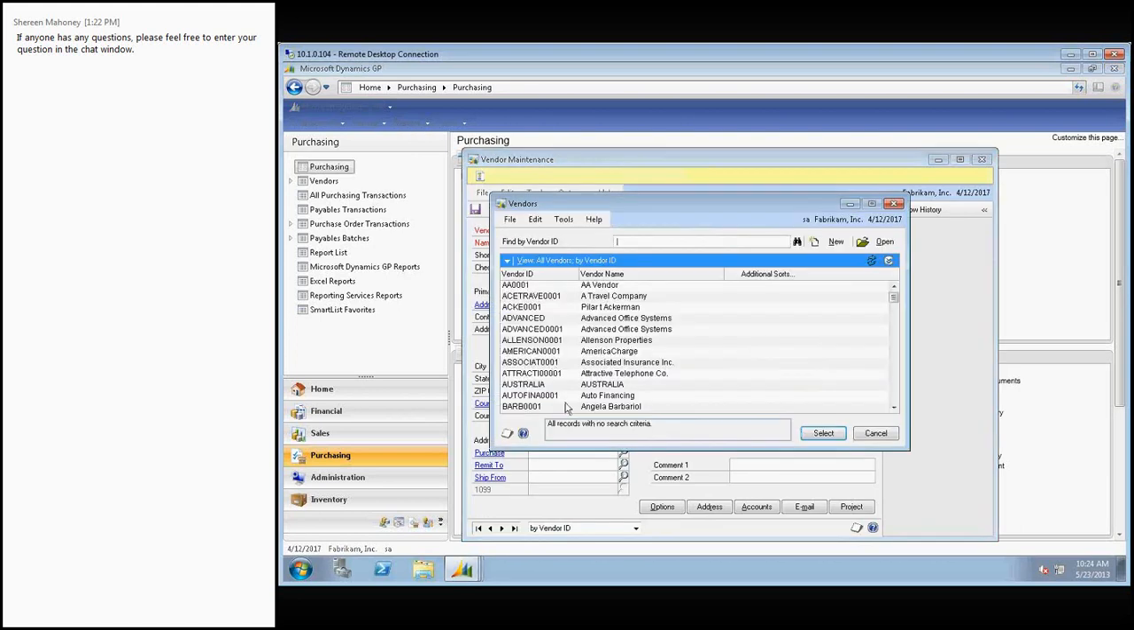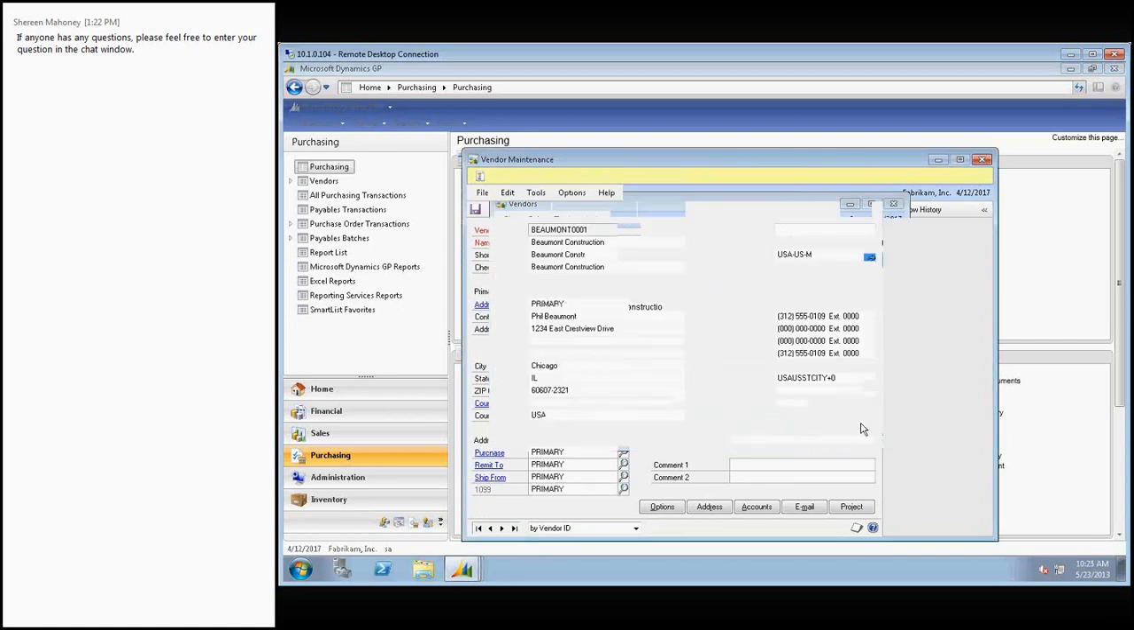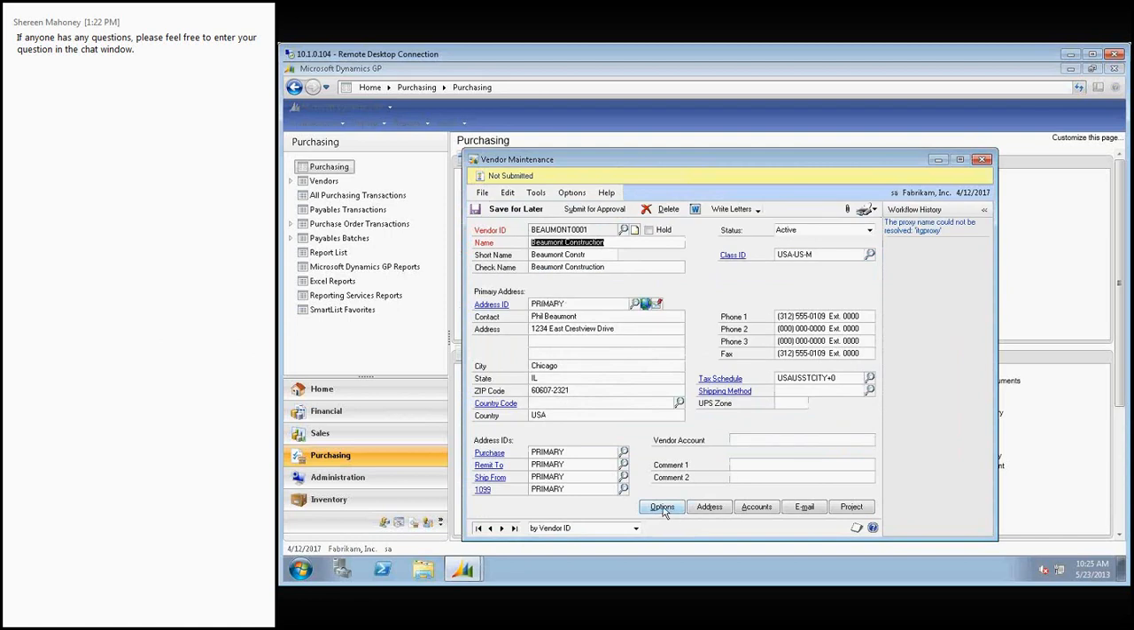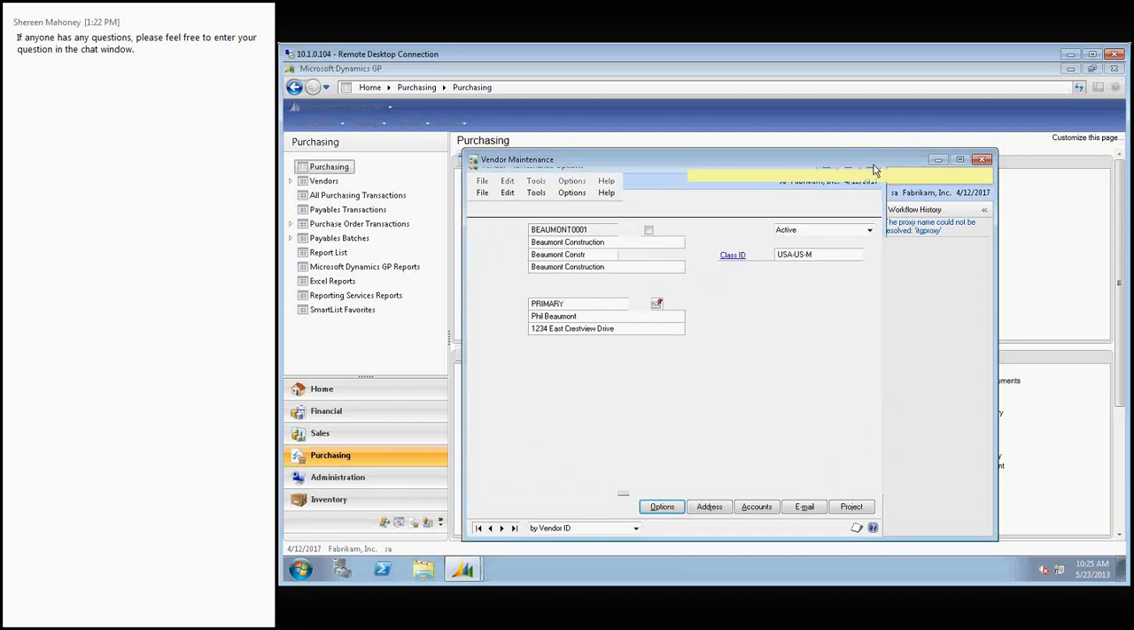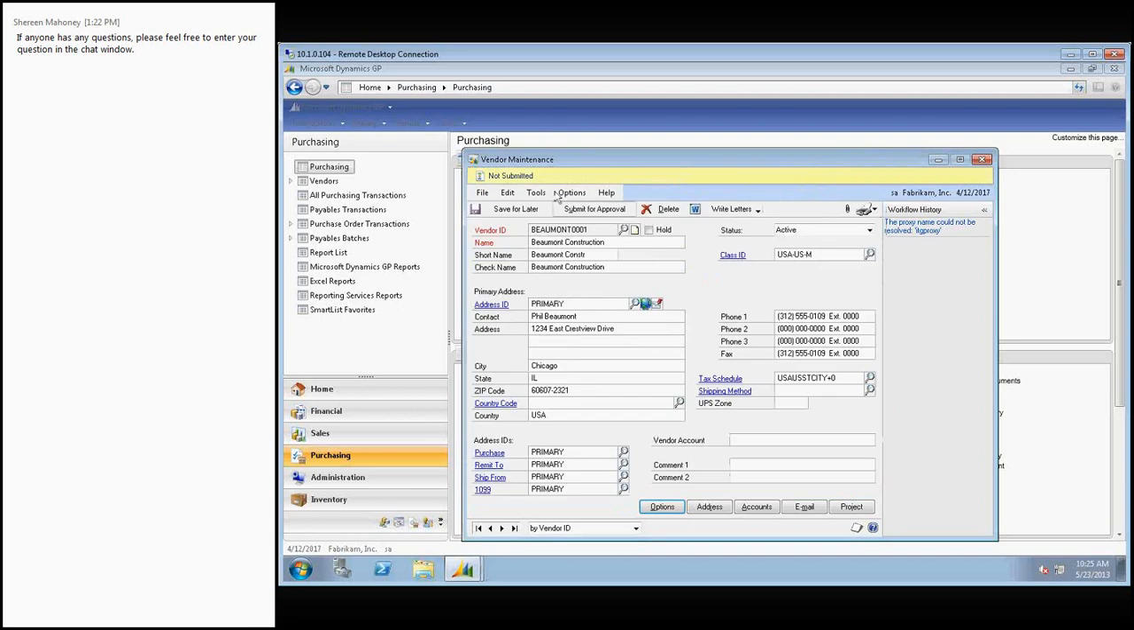I believe Mr. Beaumont is a 1099 vendor. So I just want to show you real quick where we set up that 1099 information. Let me go back one screen. You open up your